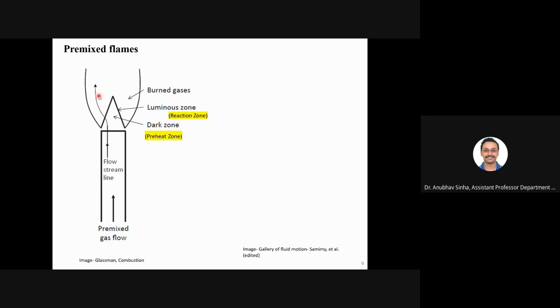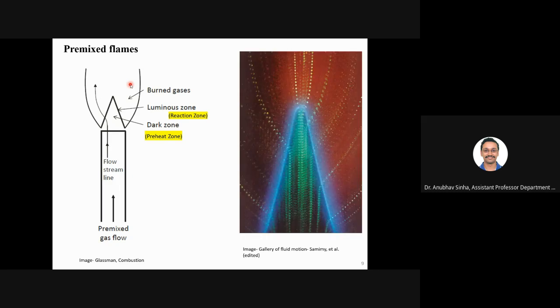Now we have different regions. This is the dark zone, meaning that within this cone there is no combustion. This is only fuel and air mixture. Reactants are there, but combustion is happening at the flame front. This is the flame front, which is the luminous zone. And then after that you have burned gases. If you look at an experimental image, in this book they do some laser visualization. We will not go into detail, but this is a detailed picture which shows you the different zones involved, and this dotted line shows you the streamlines.